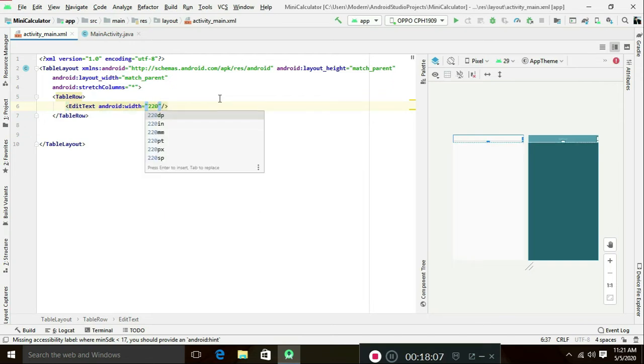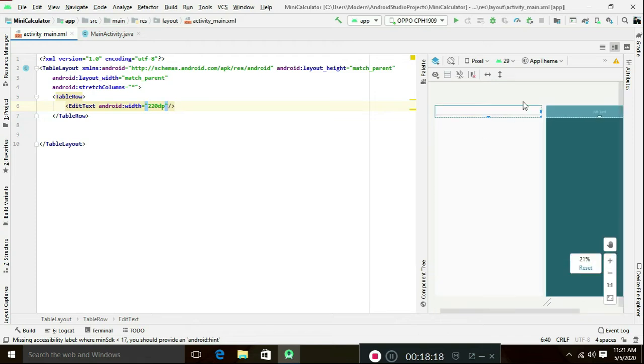Hint is used for information about the requirement of the text field. For example, when you register for any course online, in the text field you enter your username, date of birth, phone number. You will see it in the background, and when you enter your name, the hint will be hidden. So I will implement this in my design.